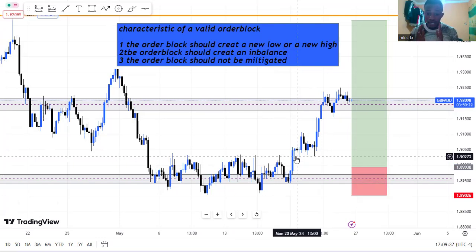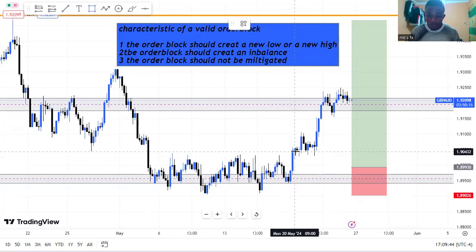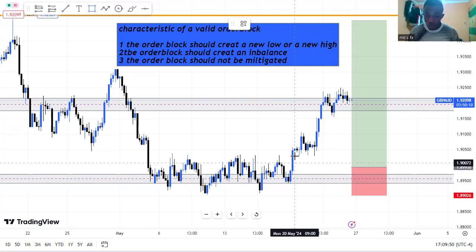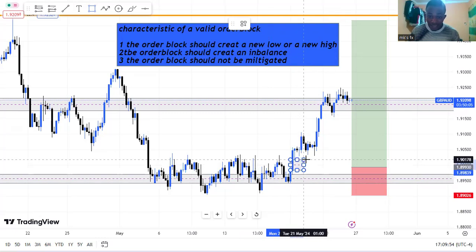The order block should create an imbalance. Now, this is an imbalance. You see this candlestick, this blue and this blue, like an imbalance is in the space between three candlesticks. So I have these 1, 2, 3 candlesticks. Now, the space between this candle and this one is what we call an imbalance. This gap,